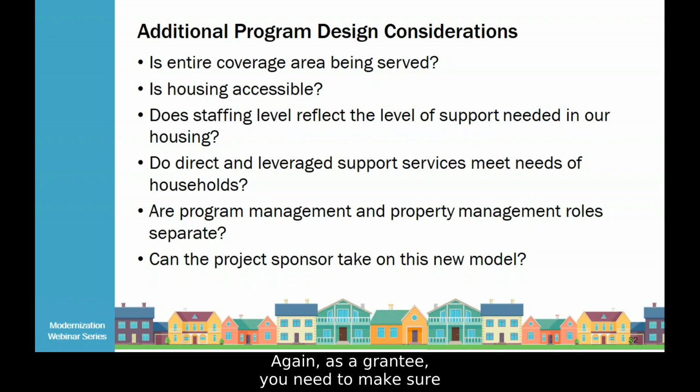Again, as a grantee, you need to make sure that you're able to make the timely payments to an increasing number of programs and/or sponsors. HOPWA allows advance payments, but if you're going to do advance payments, it really requires very strong policies and procedures to make sure you meet the federal financial requirements in 2 CFR Part 200. Do not do advance payments without making sure you have the mechanisms in place to make sure you're doing it properly.